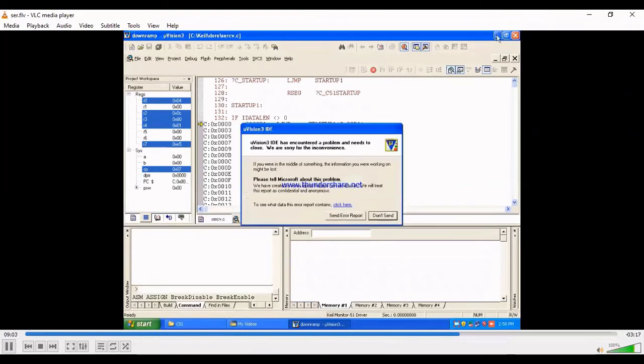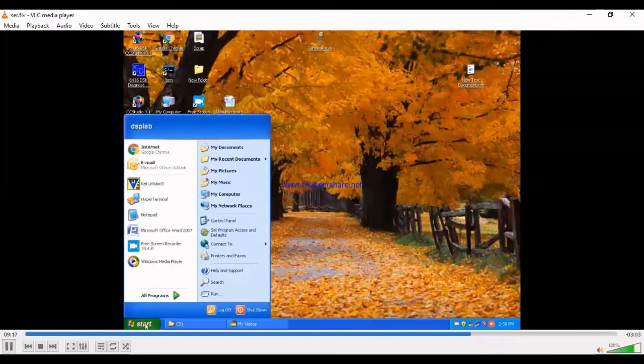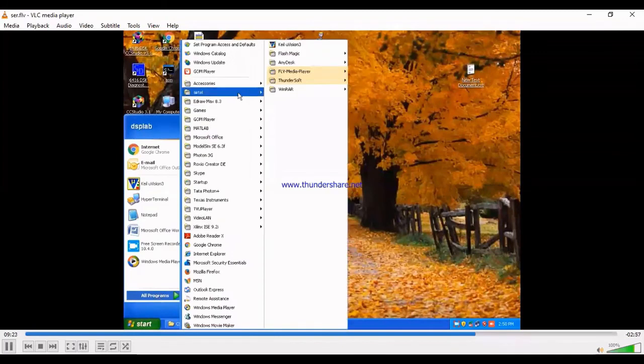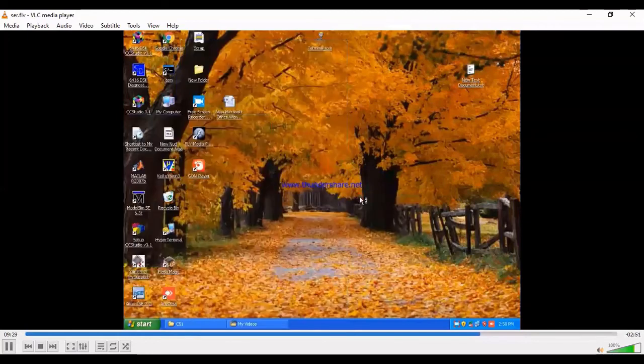After closing the program, you have to open the hyperterminal, same as before: start, all programs, accessories, communication, hyperterminal.